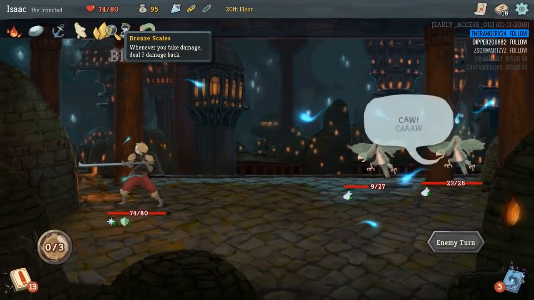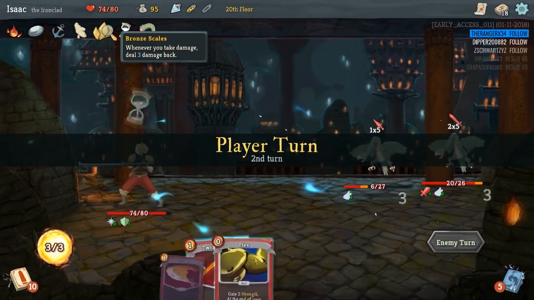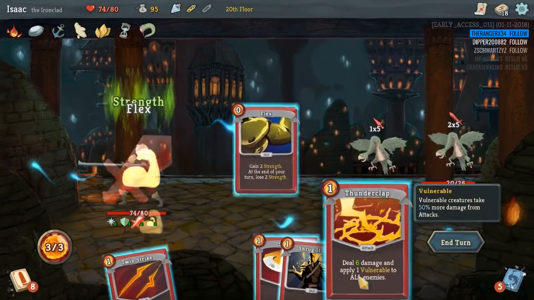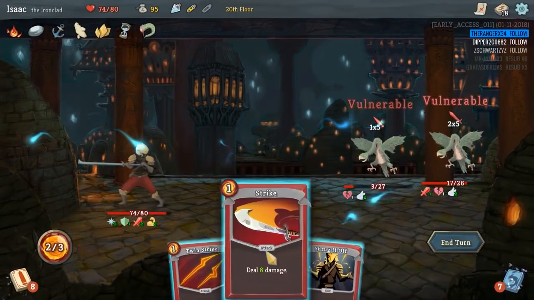Oh, I love that. That is so good. Whenever you take damage, deal 3 damage back. I didn't realize it was going to do it multiple times. These guys are just going to... they're going to kill themselves. I love it. So in that case, then, we'll flex. We'll Thunderclap. We will then...